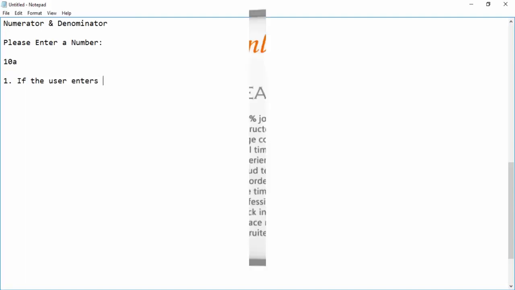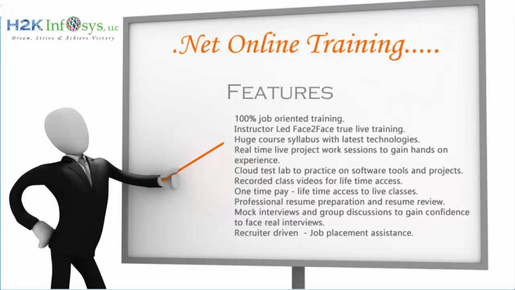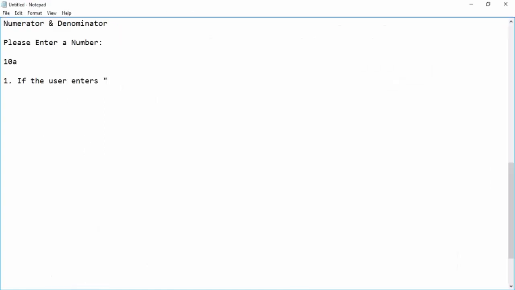So the first condition is if the user enters something alphabetic. Suppose I ask you to enter a number, and instead of the number 10, you type it out in letters, like this.